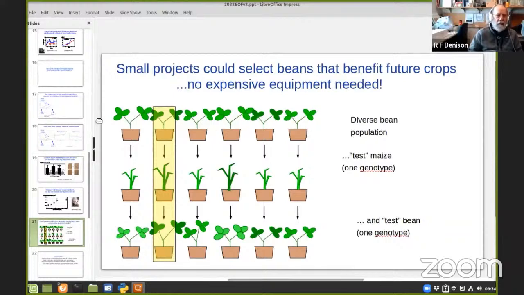So this first row, I'm showing these pots, but obviously this can be done in the field soil, as long as you don't plow too much and mix up the soil. So the first row here is a bunch of different bean varieties, perhaps varieties that some community might have that hadn't been bred too much by plant breeders, and you grow